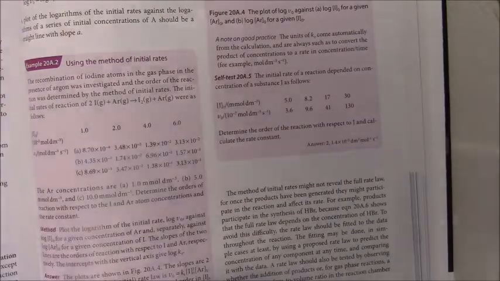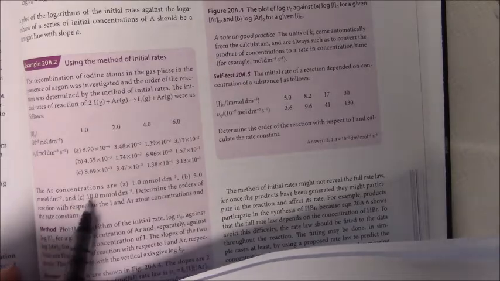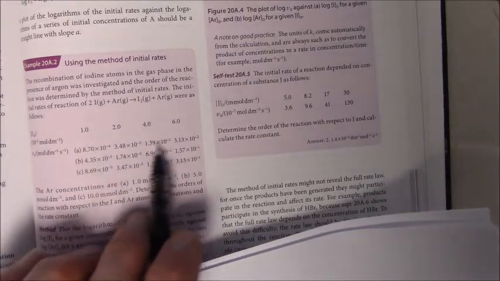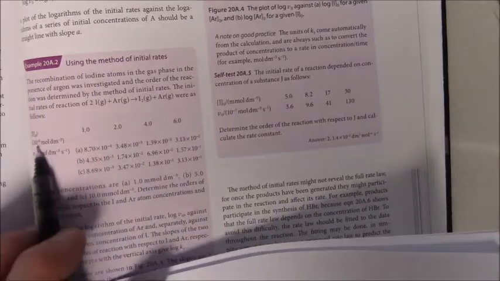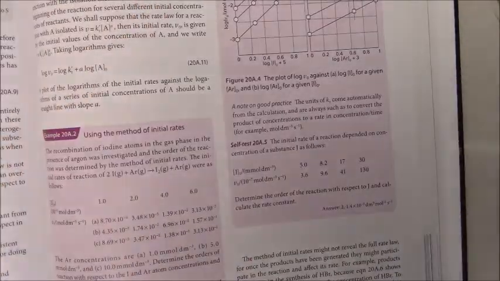So let's say, and then of course you're going to end up with 3 of these graphs, one for each of the different concentrations of argon, right? So you're going to get three log of rates versus log of I concentrations. Don't forget that's times 10 to the minus 5. So you plot that, and what you'll have, for example,